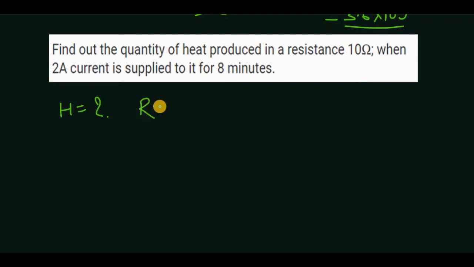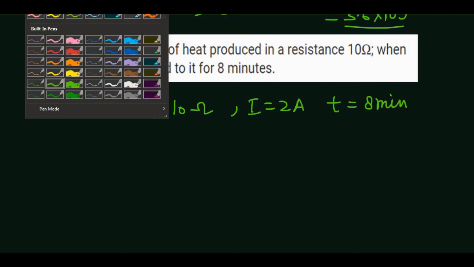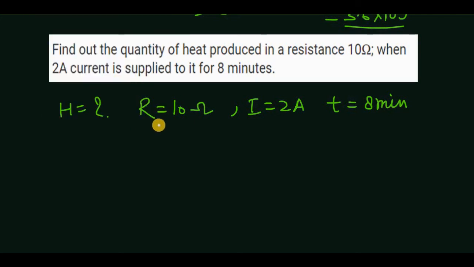R is given, 10 ohm, when 2 ampere current is supplied for 8 minutes. I equals 2 ampere, and the time for which the current is supplied is 8 minutes. Okay, so to calculate the heat produced, I think the best way is by using the formula